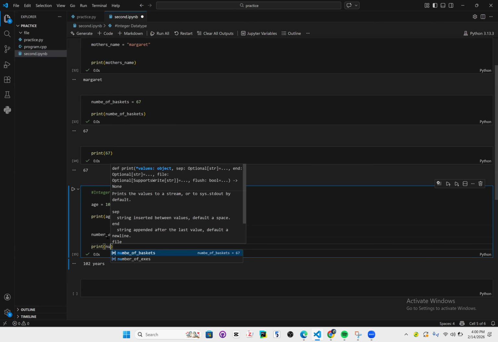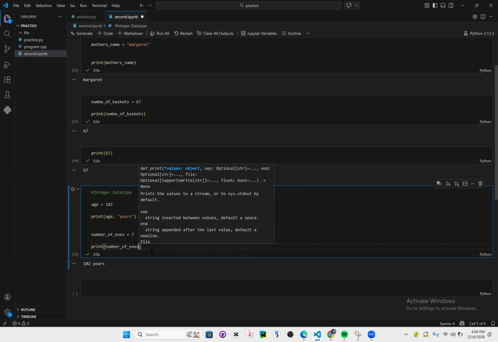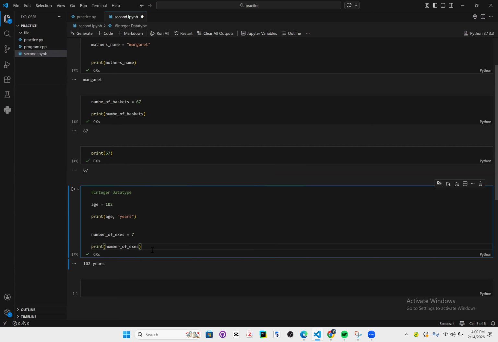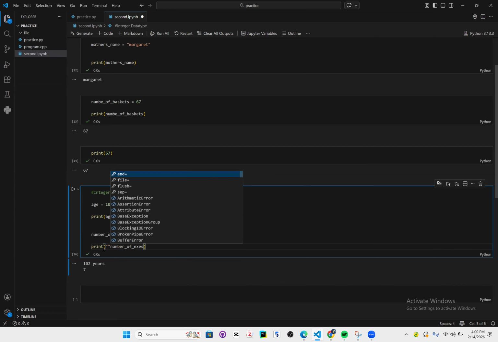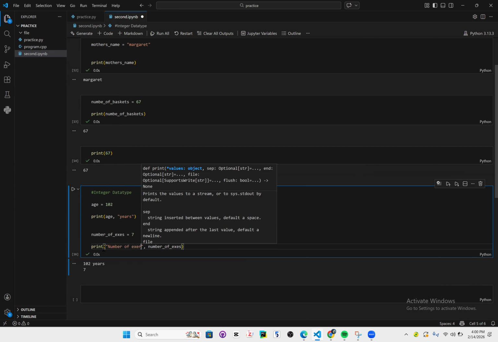So automatically, while you're writing, you see Python is going to give you some kind of auto completion. To print this in a Jupyter notebook, I usually use Shift Enter. Automatically, it's going to print it here, okay? So for me to be sure that this means number of x's, I could just come here and put this. And I will say, remember, watch what I'm doing. I'll say number of x's